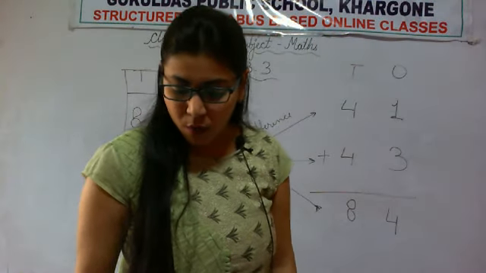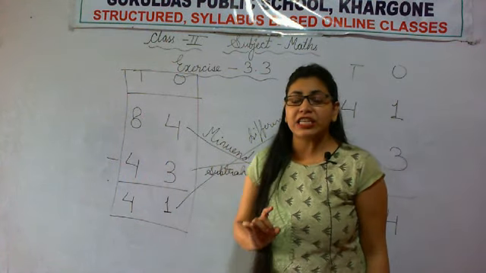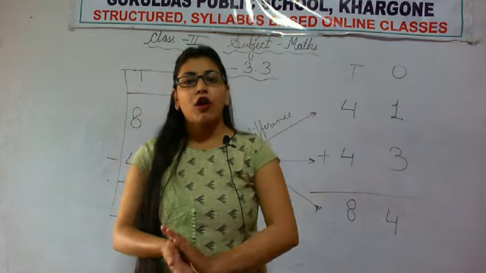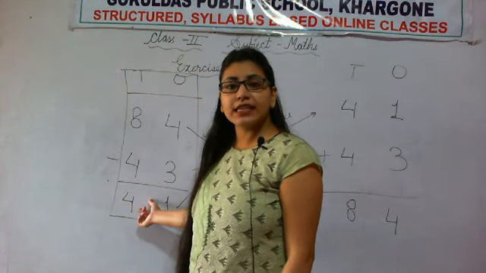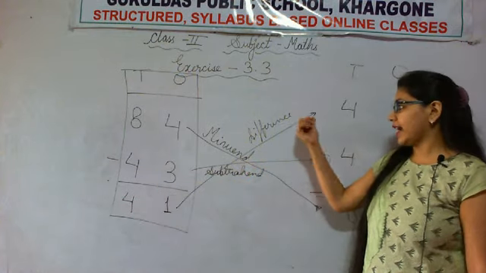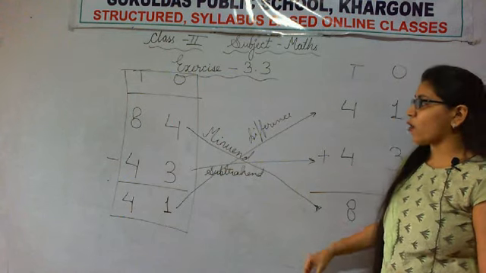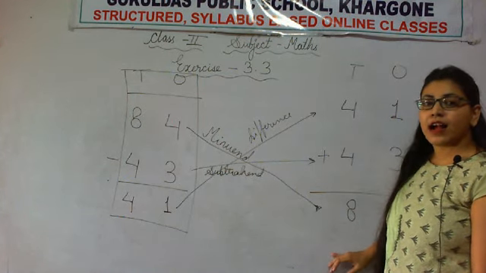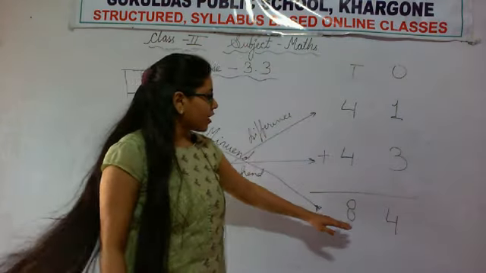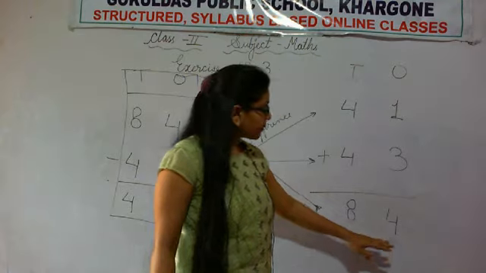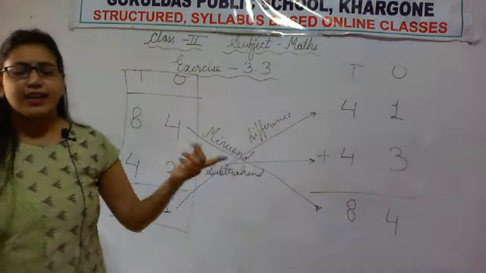Okay. So once again let me explain. First of all we will perform subtraction. Then we will write the difference. Whatever the answer we got, we'll write it at top. Subtrahend will be written as second term. Now whatever the answer comes, it must be equal to the minuend. If this total and this minuend are equal, that means we had done correctly.